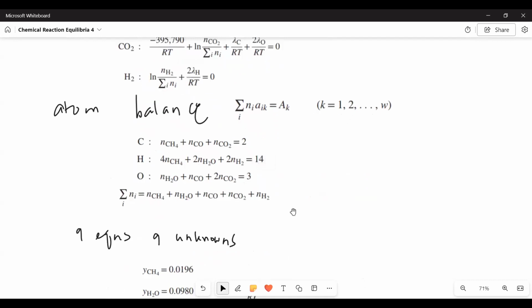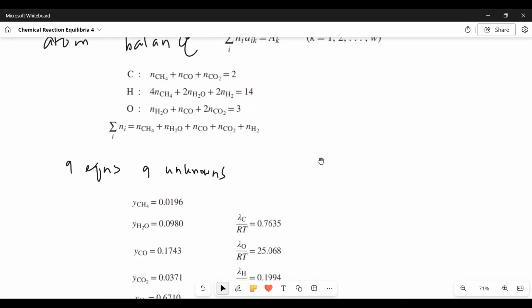And the next challenge is to solve this system of equations. Not sure if this is linear. Probably not because there's a natural log. I'll check. It's nonlinear, okay, because of the nonlinear equation. So we have 9 equations, 9 unknowns. How do we solve this? For our purposes, we would use a solver. And supposedly an option is Excel, but I tried this using Excel.